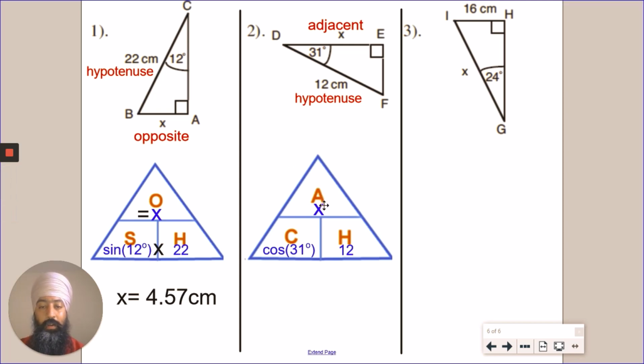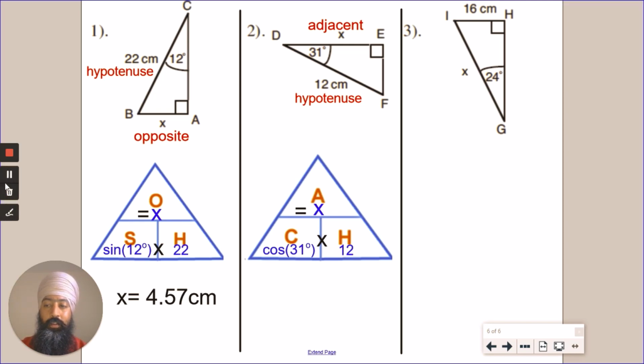X is our adjacent, C is cos of the angle, which is 31 degrees, and H, the hypotenuse, is 12 centimeters. And once again, because the C and the H are next to each other, it denotes that we're going to multiply them together. So the cos 31 degrees will be multiplied by 12